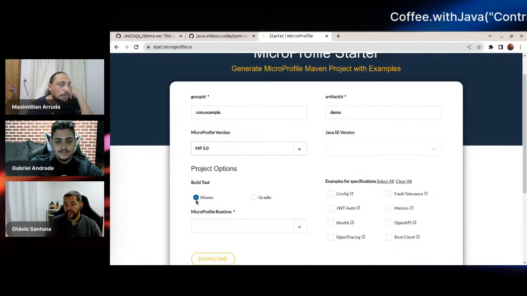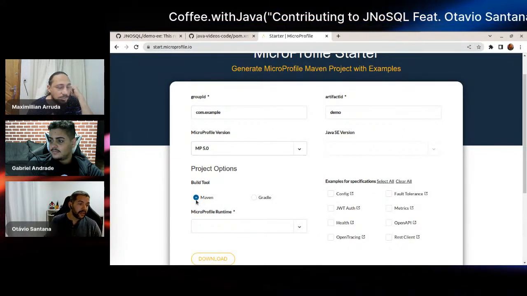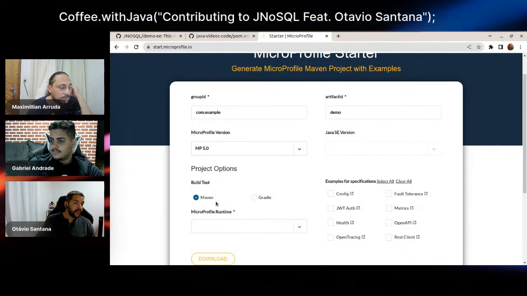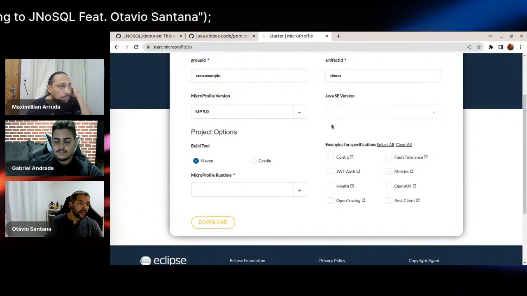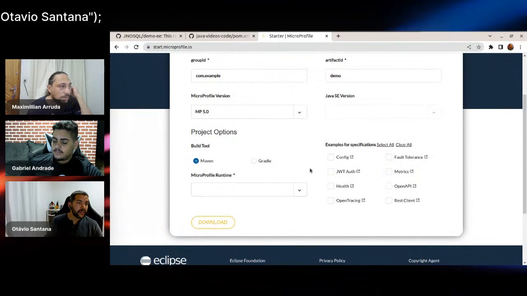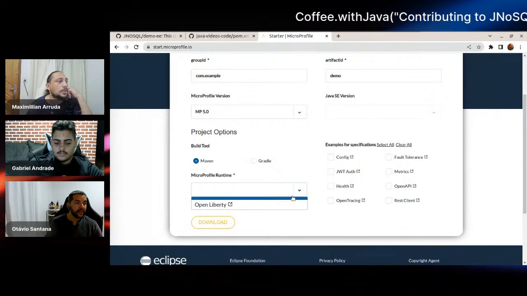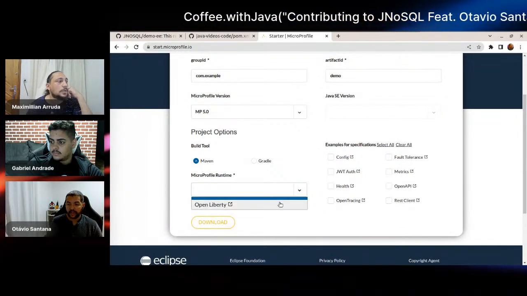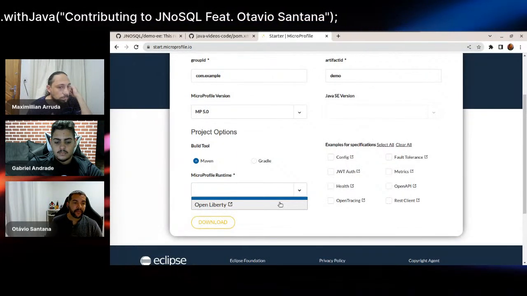As our project is a Maven one, Maven is the best selection. Right now we just need to select the MicroProfile runtime. Only Open Liberty is the latest one, I think. It has the implementation.